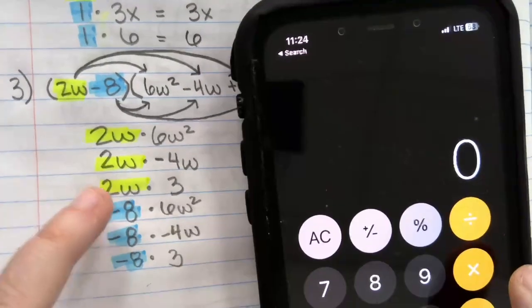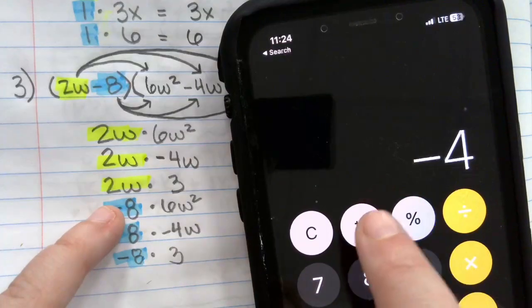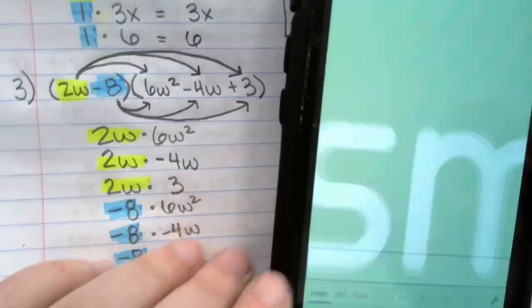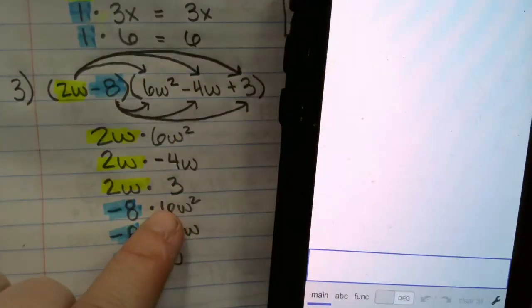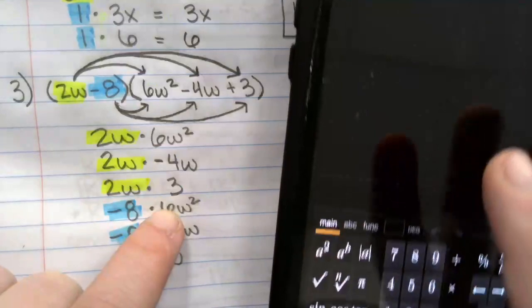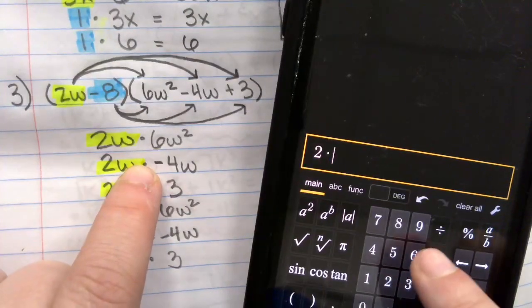So if I was going to do 2 times negative 4, you have to make sure you use that top one there. You can type it in before or after the number. Technically, it's supposed to go in after, I think, but nowadays I think they have it figured out where you can do either. All right, I like to just use Desmos, so 2 times 6,